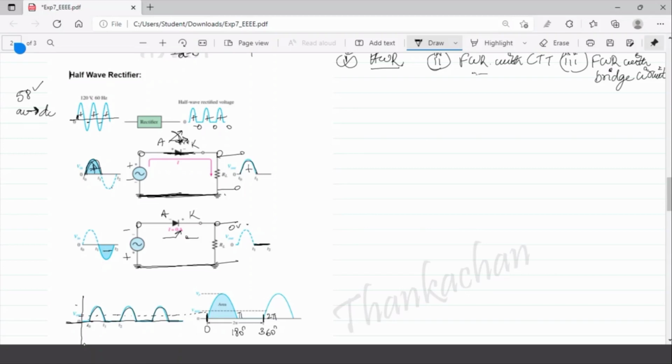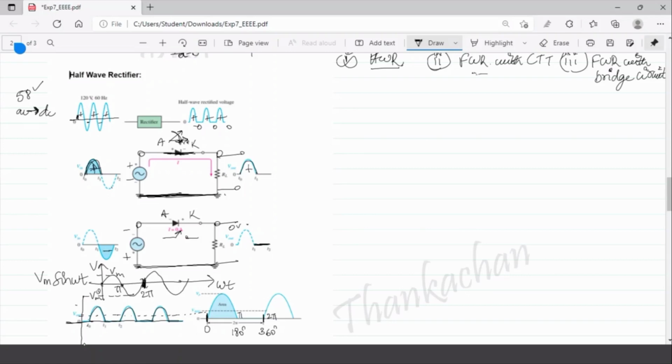If the signal here can be written as Vm sine omega t, right? What is Vm sine omega t? This is the source voltage waveform. Here this axis is omega t and this is voltage V, and this peak is plus Vm, this is minus Vm. This is the waveform Vm sine omega t, and for this waveform, what is the time period? Time period is the completion of one particular cycle. So this is 2 pi, this is pi, that is 180 degrees, and this is 0 here.